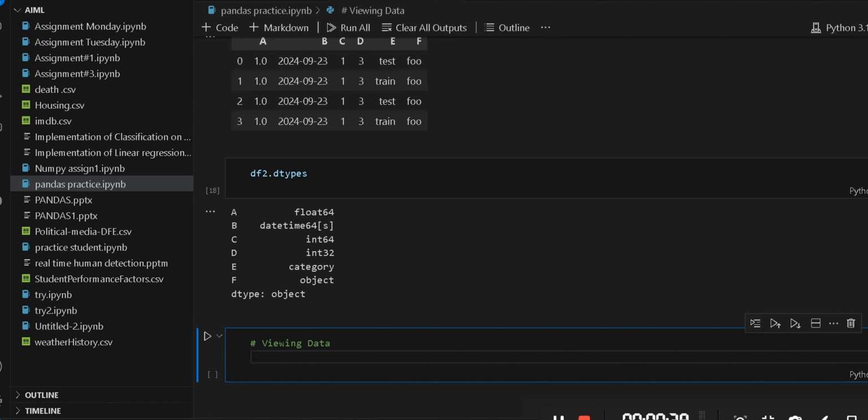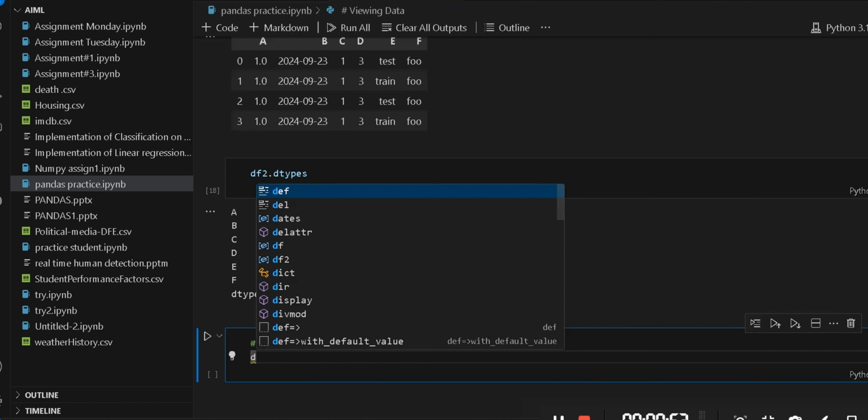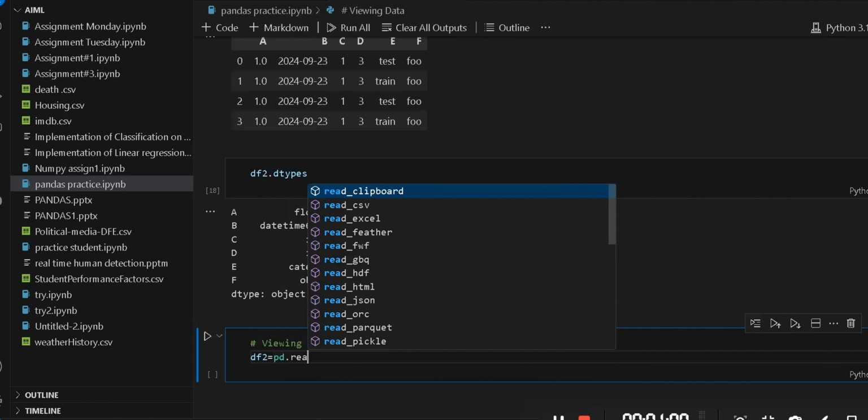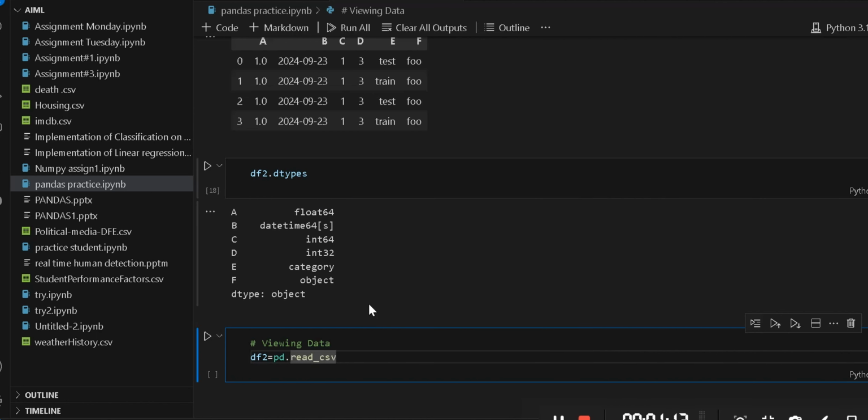I want to read it, so for that purpose I will use the read function, which is I will use the variable to store the dataset, df2, pd.read_csv. If we have the excel file, we will use read_excel. If we have the csv file, we will follow the extensions. I have a csv file,